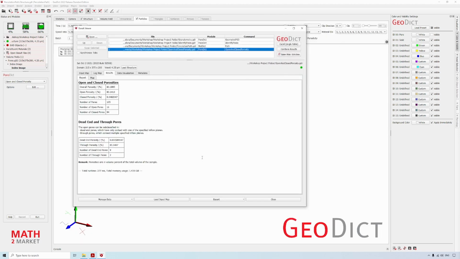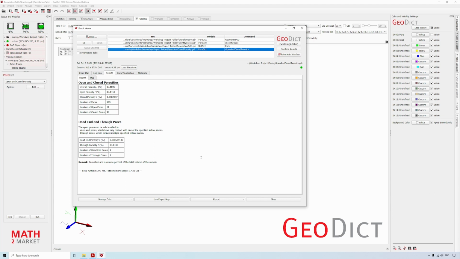And GeoDict is again finished in a few seconds. All those pore analyses are finished rather fast because it's just geometric solving, or analyzing the structure, while later the solving of differential equations of the structure will take a bit more time.